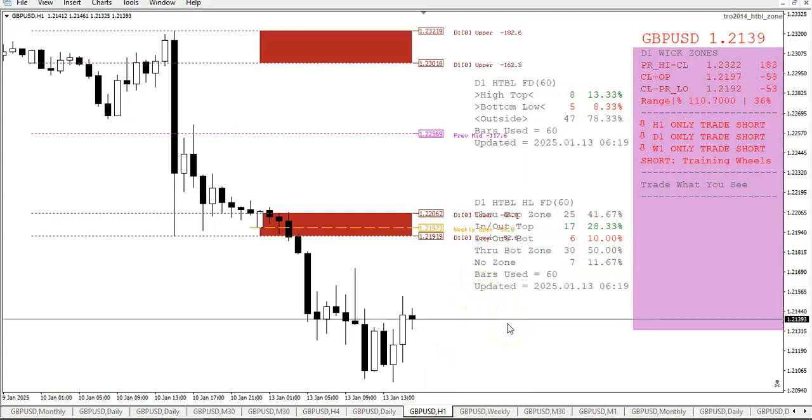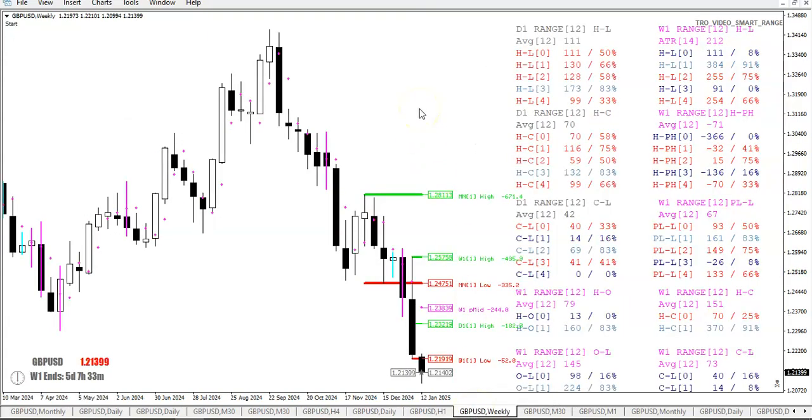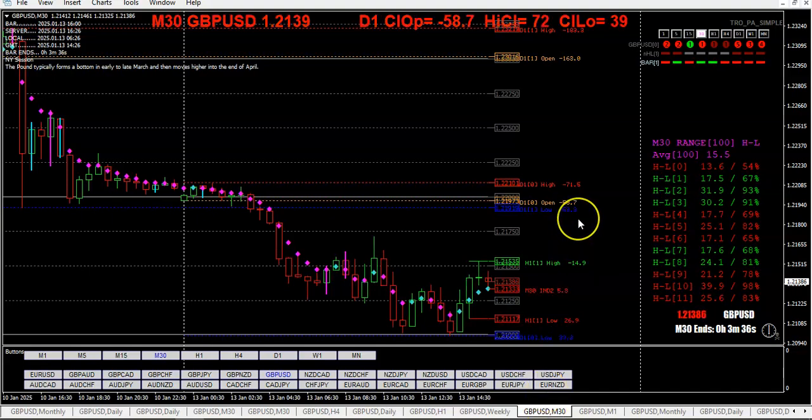In and out of the previous day's lower wick zone, and we're well below it. Once again, today's range, 111. We broke out of the previous low by 93 pips so far. And looking at price action right now,